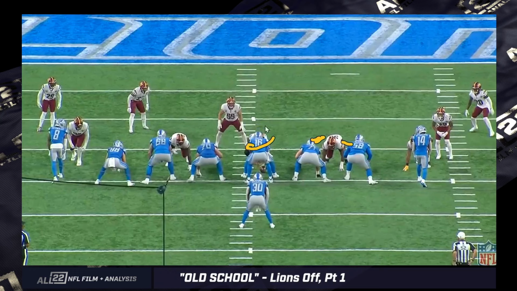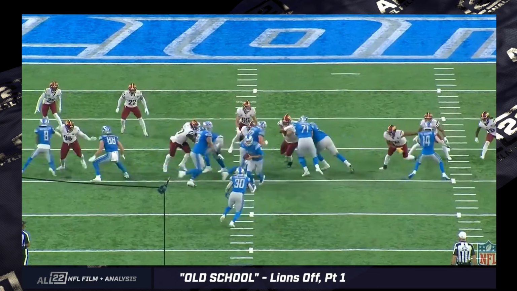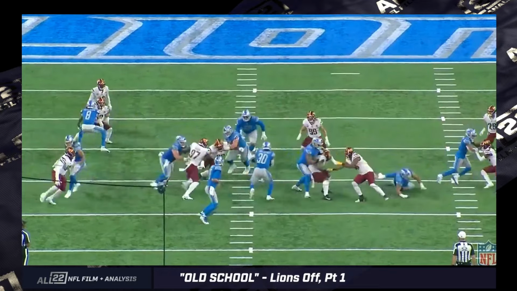and then they leave this nose unblocked, and basically you're getting what looks like counter, where the left tackle ends up being the kick-out block on this nose. I'm not quite sure that I explained that super well, to be honest with you, so I'll run it in slow motion so you can see it. You got an unblocked nose tackle